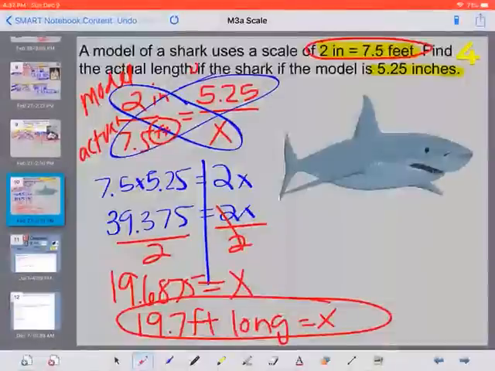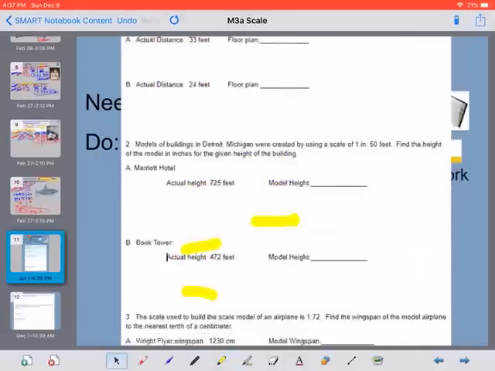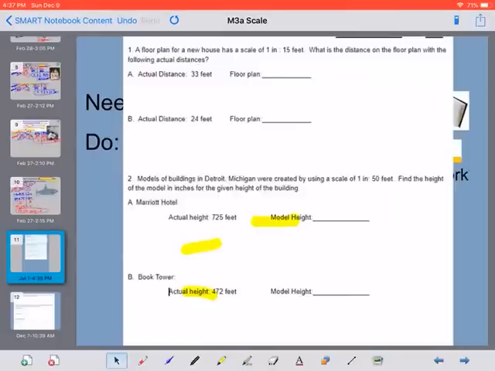All right. So this whole day was spent cross multiplying with word problems. Using whatever scale they give you, they're going to ask you two questions, one for 33 feet and one for 24 feet. So you have to solve two different ratios using the scale that's given to you. There's this hotel and this tower, and you're going to use the scale to solve both. If you have questions about that,